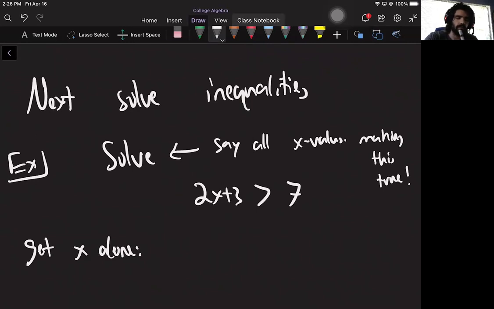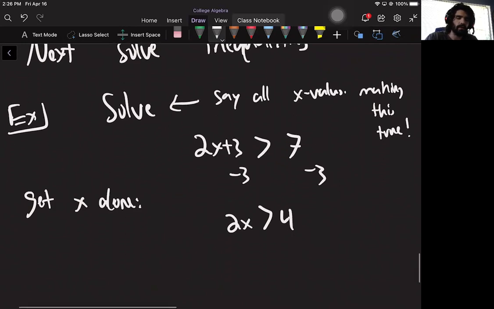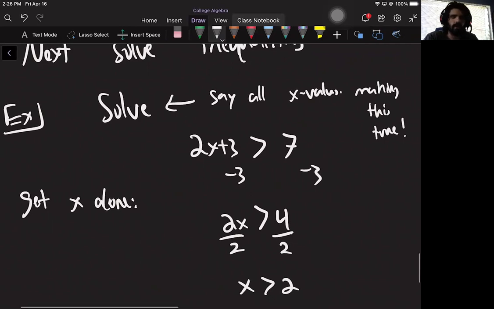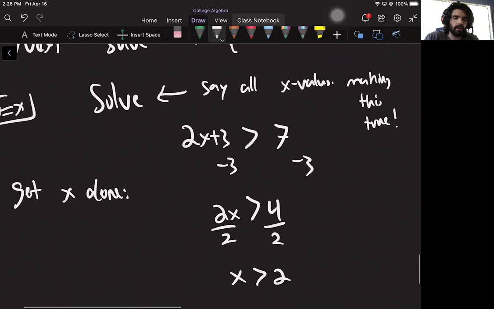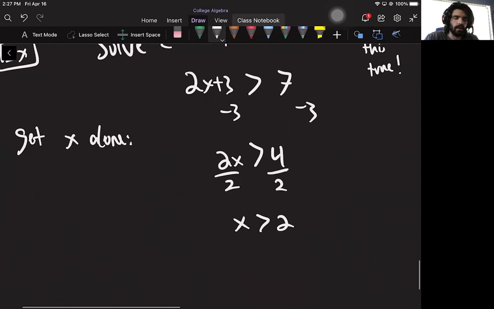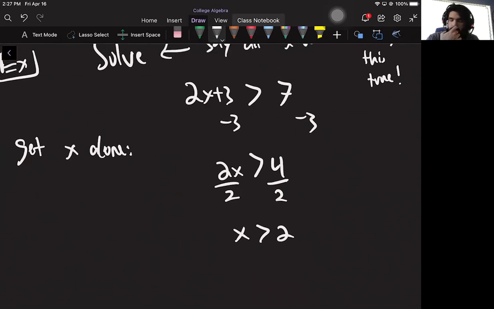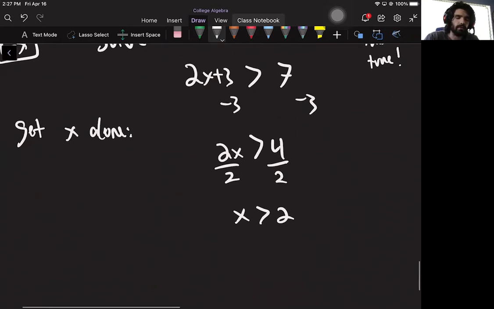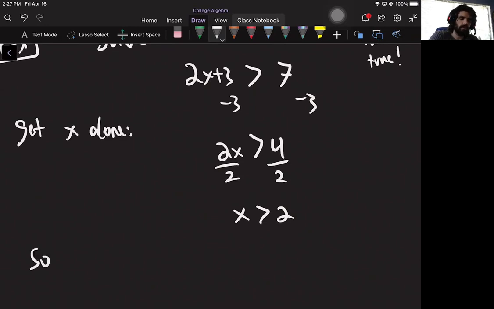So what I can do is I can subtract 3 from both sides. So I get 2x is greater than 4. And then I can divide by 2 on both sides. And so this answers my question. So what are all the x values that make this inequality work? Well, the answer is any x value bigger than 2. And then we write those numbers in interval notation. So any x value greater than 2